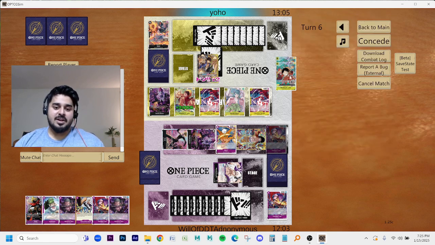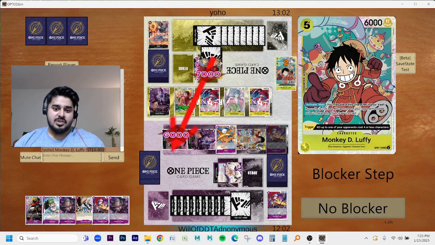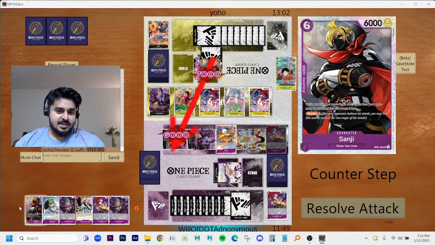So he's playing the Moria. He's going to go into a Jetpack Luffy and a Jetpack Luffy, which is wildly confusing to me because he doesn't get to actually kill anything important. He's gonna go 7 at 6. I'll give him the